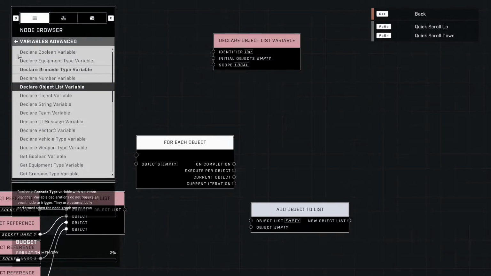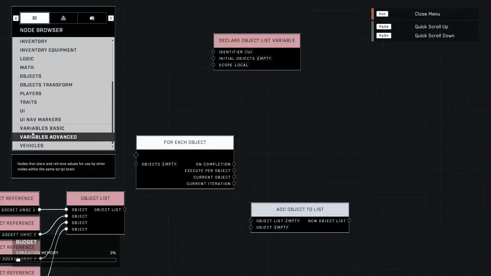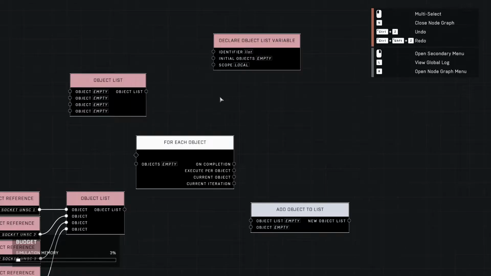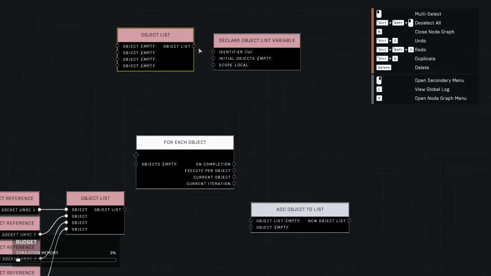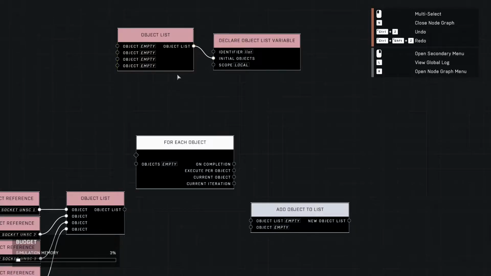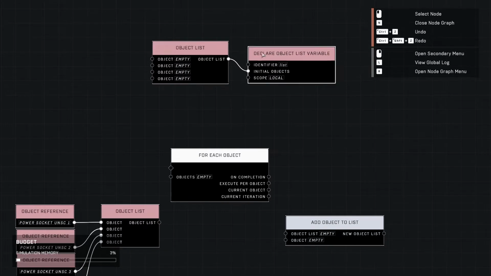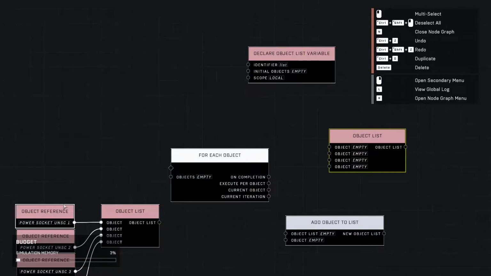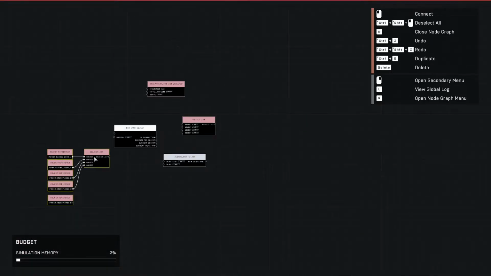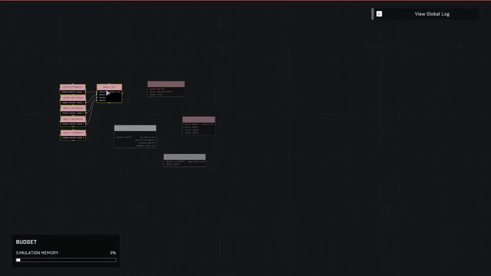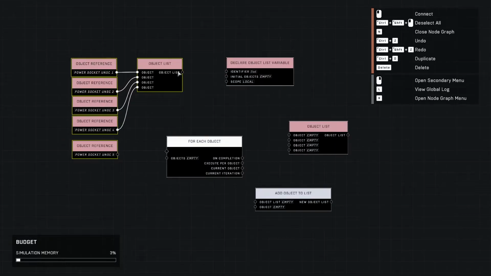So if you want to declare a list and you want to build it later on, an easy way to do that is just grab a basic variable object list, go like this, and plug it in. It's basically saying you have an empty list that it starts out with. You can also, in declarations, let's clear that connection. You can technically start out with a list like this. Okay, so if we want,